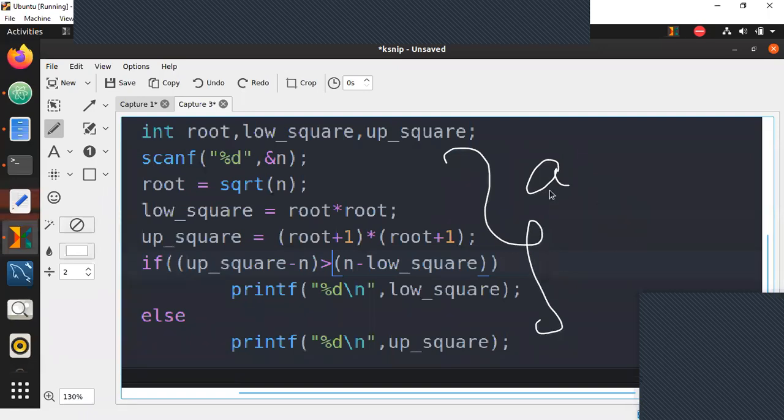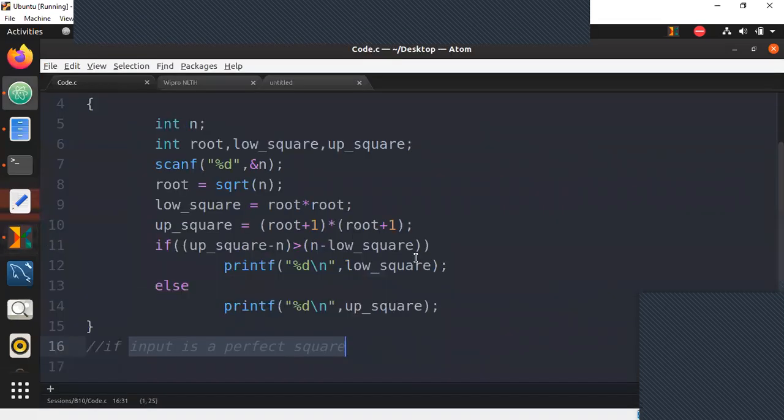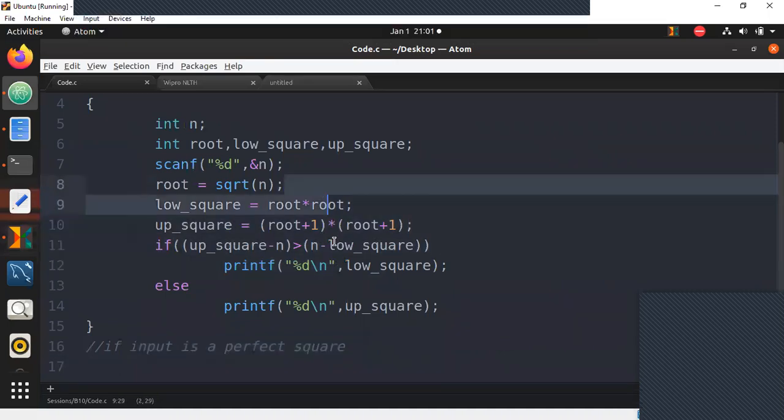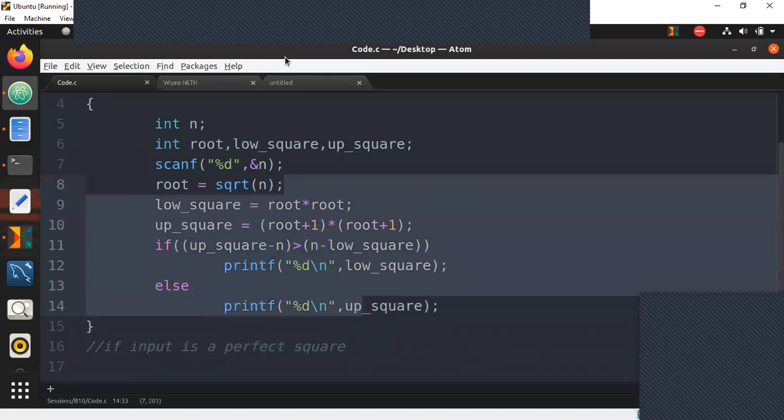They use those inputs as test cases because they try it out in the same way. So with this idea clear, now that we know it fails in this test case, how do I solve it? If the input itself is a perfect square, how do I solve it?